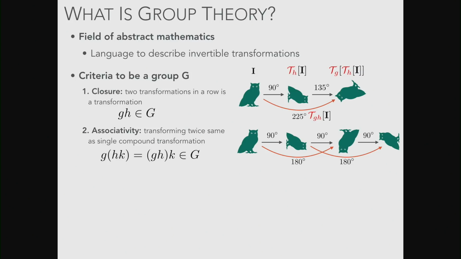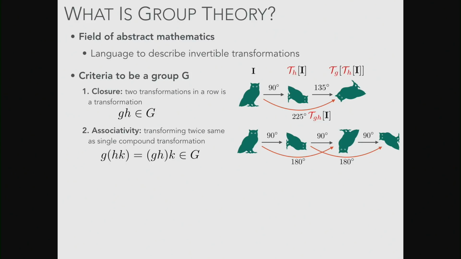I can evaluate the first operation together and then apply the second operation, or I could create a new operation from these two, G and H, and then concatenate it on the end of K. And if you look at this flow of transformations here, what that's saying is, if I take H and K together, that's the same as doing this and this together. So instead of doing two 90-degree rotations, I do a 180-degree rotation and then a 90-degree rotation, or I could do 90 and then 180 degrees.